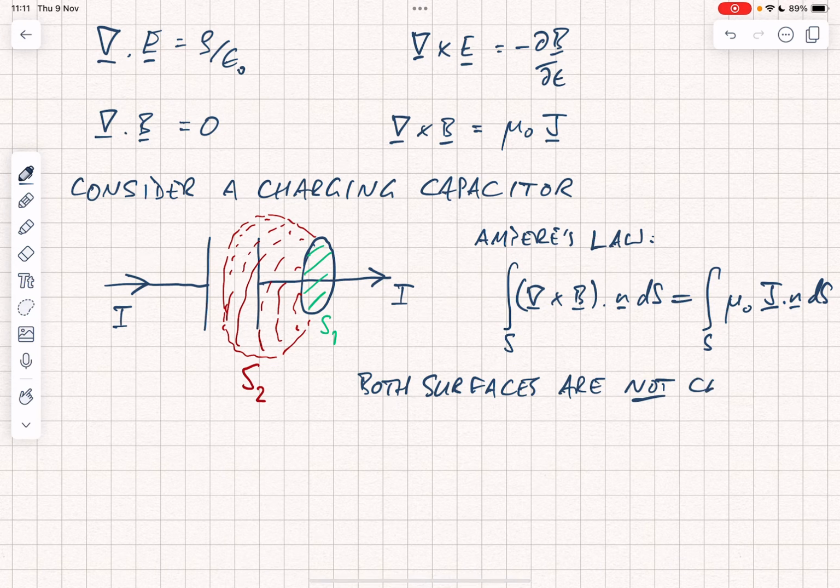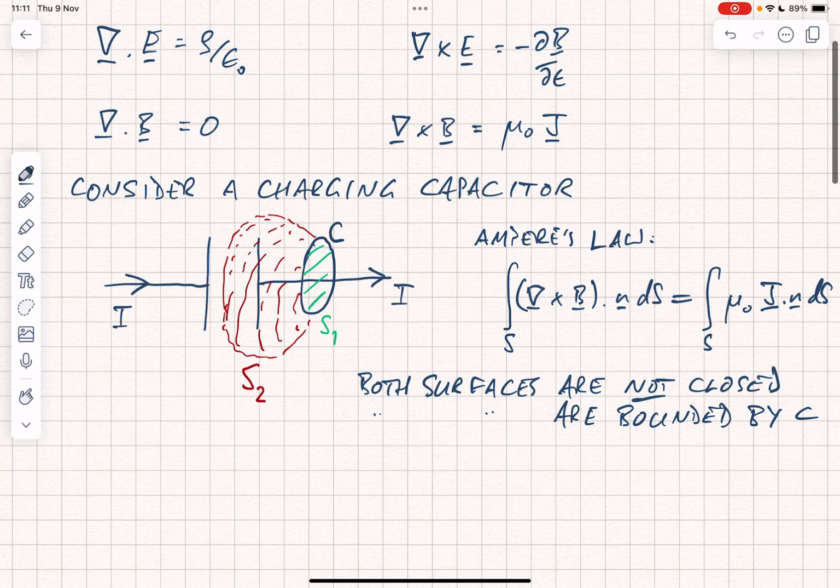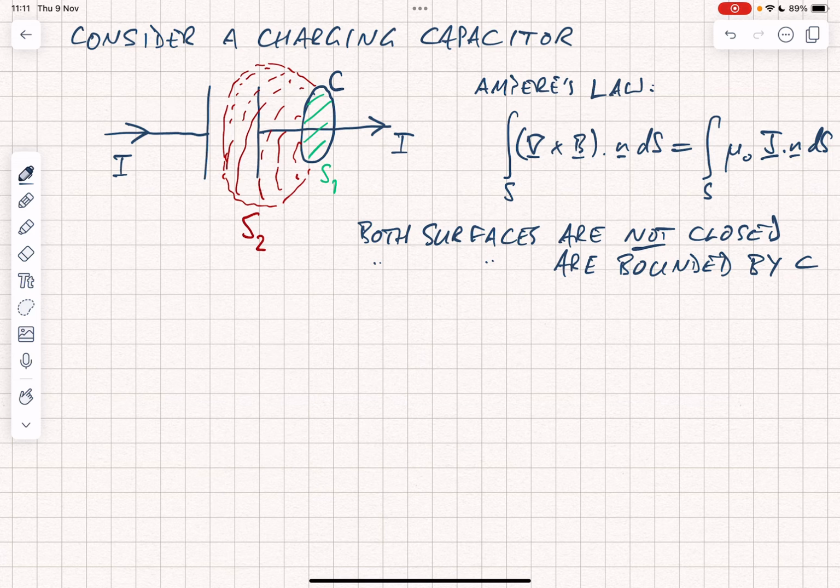They're not closed, but both surfaces are bounded by that loop, which I am going to call C. So the loop that encircles the wire carrying the current is going to be called C. Okay, so now we've set up our situation, and we're going to use Stokes' theorem